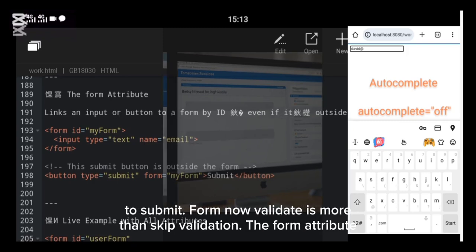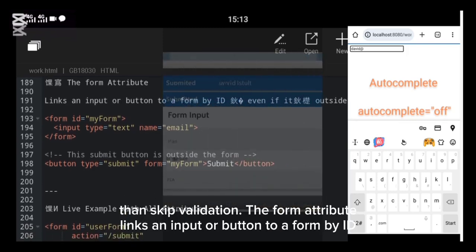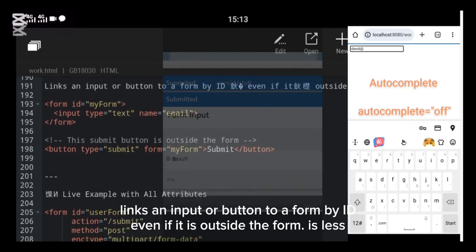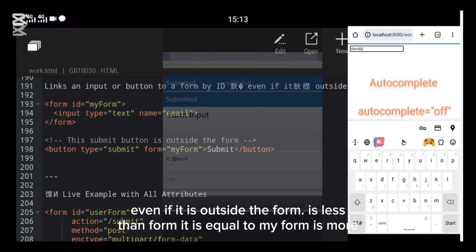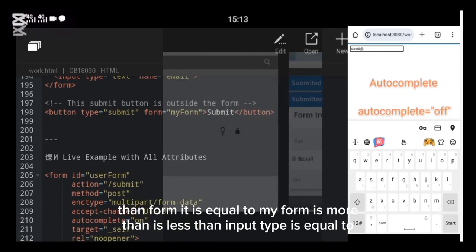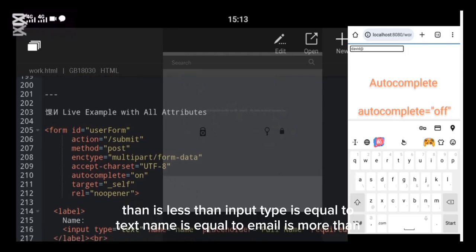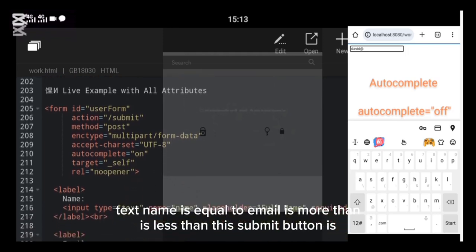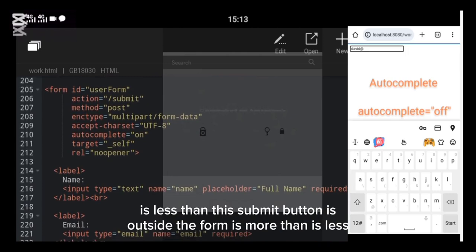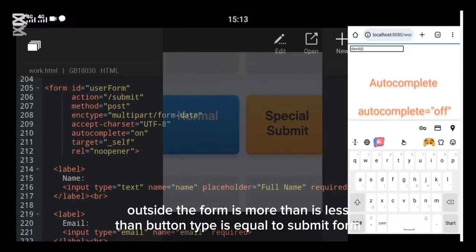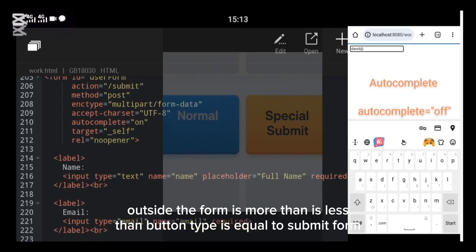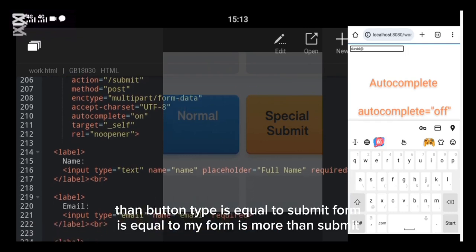The form attribute links an input or button to a form by ID, even if it is outside the form. <form id="myform"> <input type="text" name="email"> </form> <!-- This submit button is outside the form --> <button type="submit" form="myform"> submit </button>